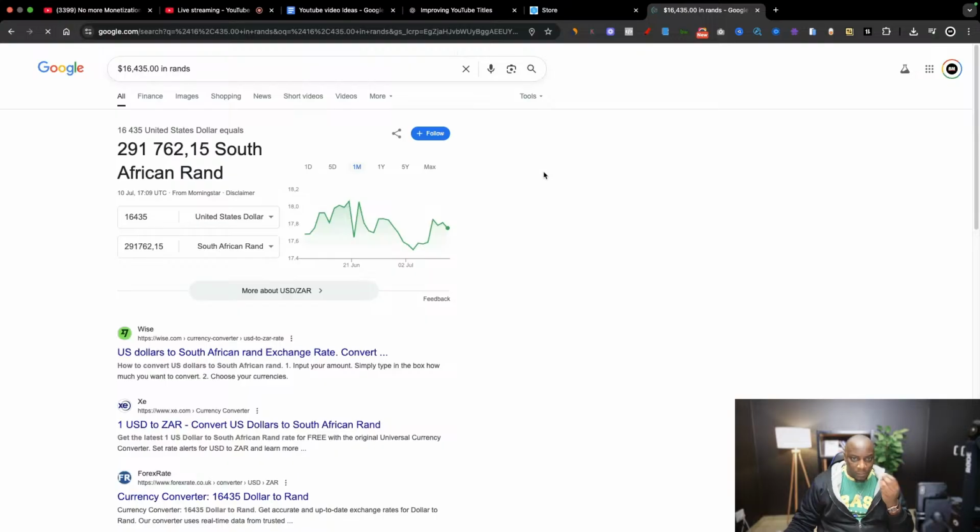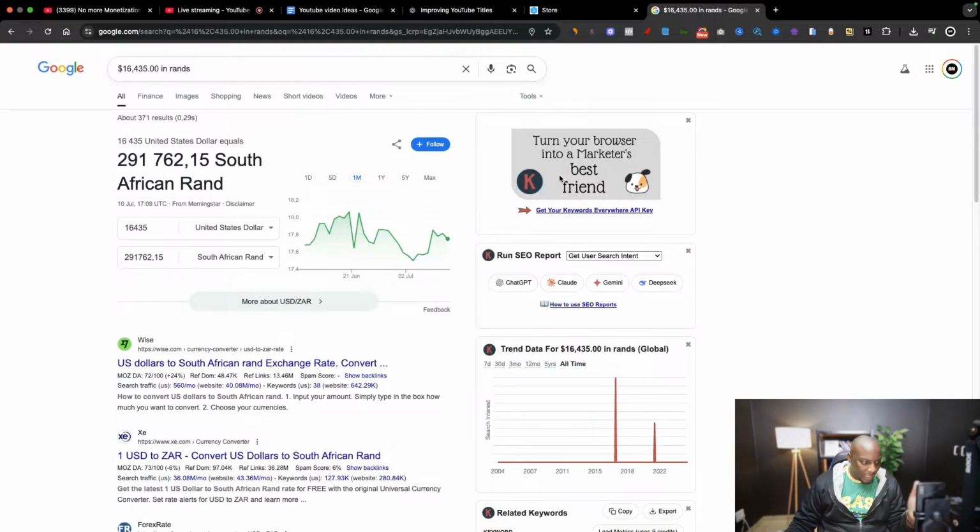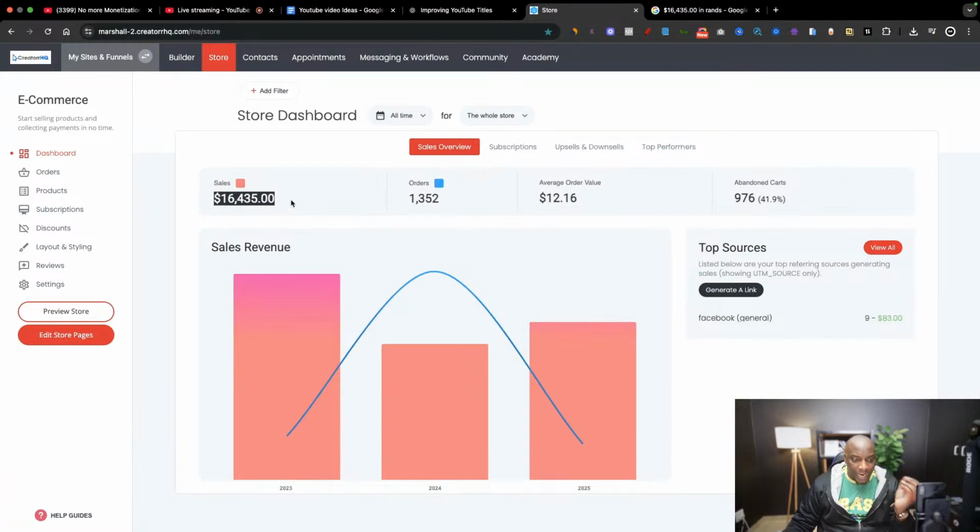I earn in dollars, but I then convert it into South African rands because I live in South Africa, so that's the currency that we use. But you can convert that into any currency. Someone mentioned that they are from Nairobi. There, convert that to the shilling, I think. I've forgotten what you guys use there. But I'm just trying to show you proof here that I'm actually earning money from this. It's not just talk and it's not real, but I'm actually making money by creating and selling digital products.